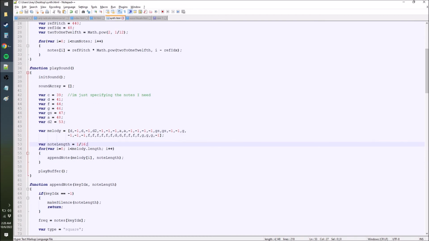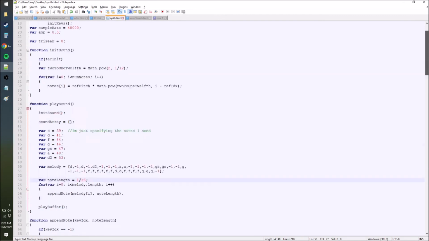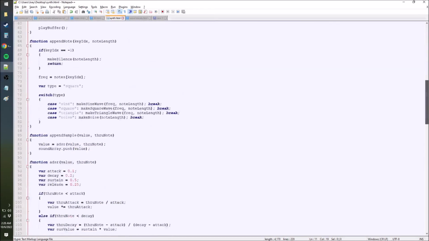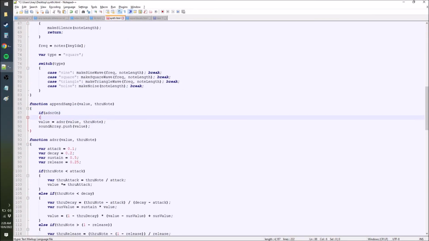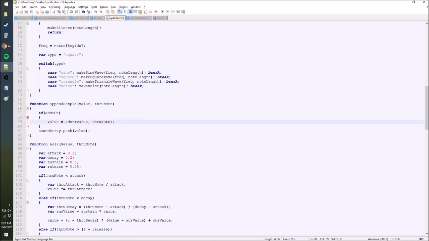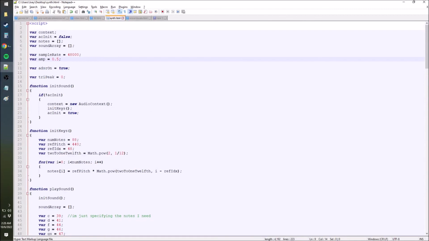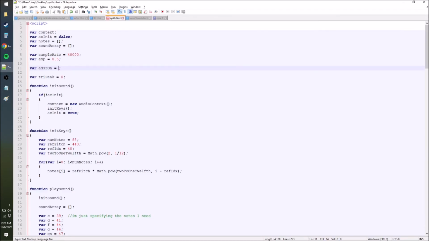You know what, I'm gonna make another variable in here called ADSR on. That way you can see the difference easier. If ADSR on, then we do the attack, decay, sustain, release. Okay, and so let's compare that to what it sounds like when this is false. So it's louder at the beginning and you can clearly hear that. I mean, it's hard to tell the exact difference here,